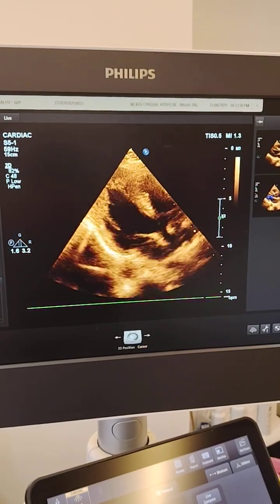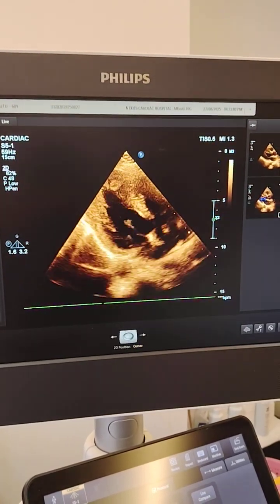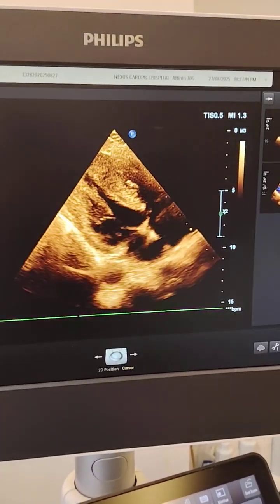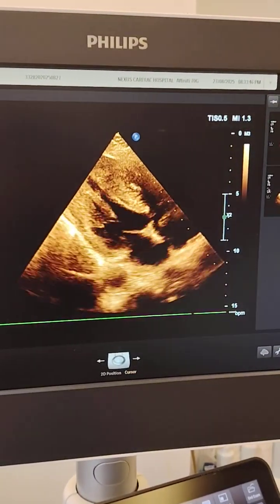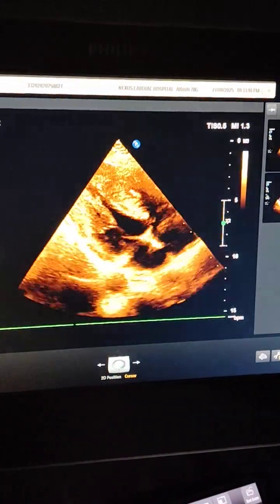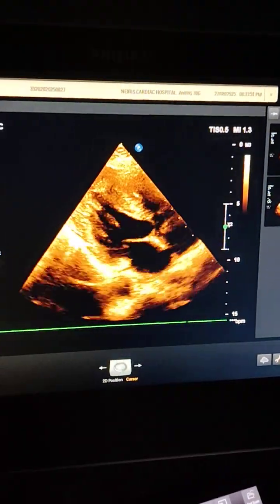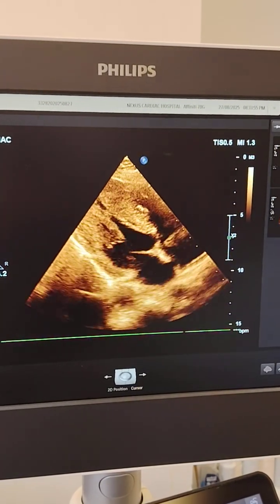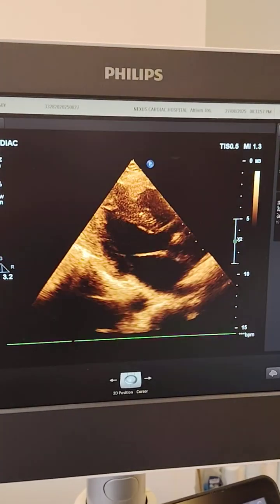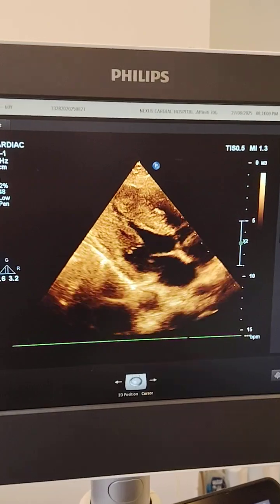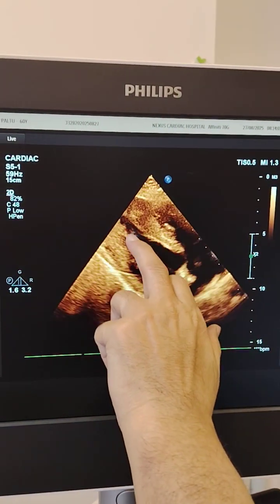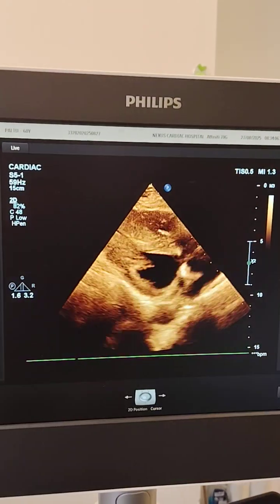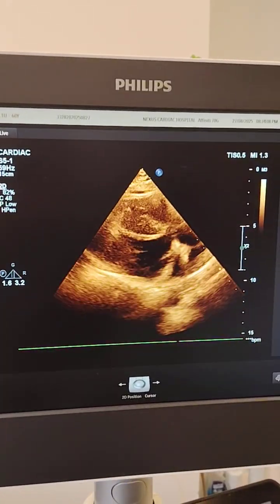Echo of a 60-year-old male patient. He has exertional shortness of breath and chest pain for 6 months. Echo shows a slit-like appearance of the LV cavity due to a thickened interventricular septum,